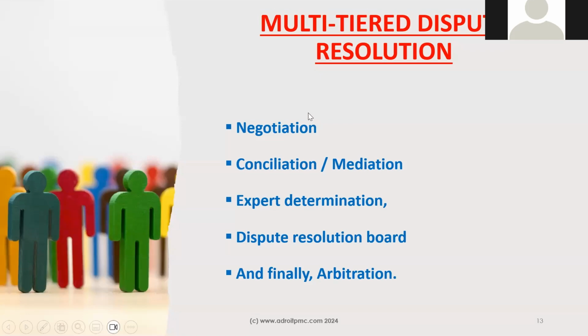Multi-tier dispute resolution is something like, in case of any dispute, the parties will first sit together and try to resolve their dispute by having mutual communications, either by way of negotiation and mediation. As you all know, for a mediation proceeding, there will be a third party who will be facilitating the parties to communicate and settle the matter. And expert determination: in case of any technical disputes, the experts will be there to determine who is wrong and who is correct. So that is called expert determination.